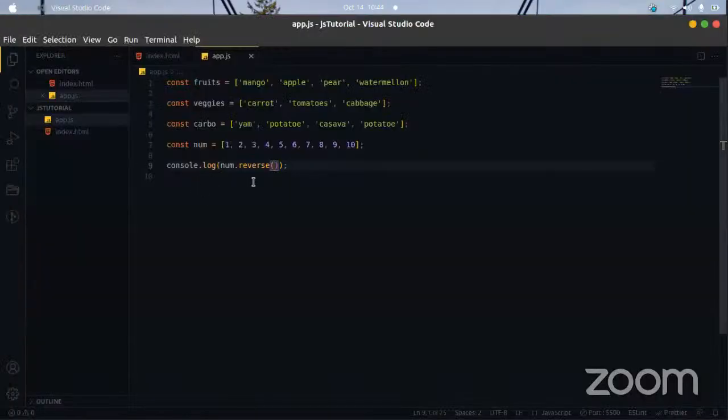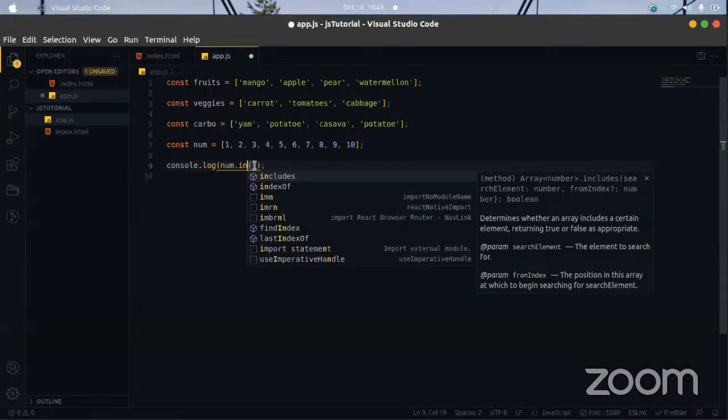So that's more like saying, if you're trying to find out whether a particular item is in an array, or if an array actually has a particular value, you could use includes to do that.